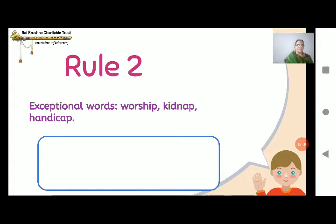Next, exceptional words. There are some words which are exceptional always. Exceptions that don't follow that rule. Worship. Now, wor and ship, 2-syllable words, correct? Worship. Now, in this, what is the thing? I is there, P is there. But when we say worship, what do we do? Let's see. Worshipped, it becomes